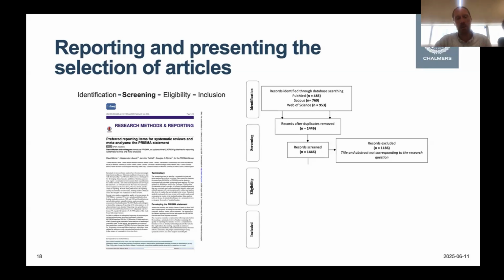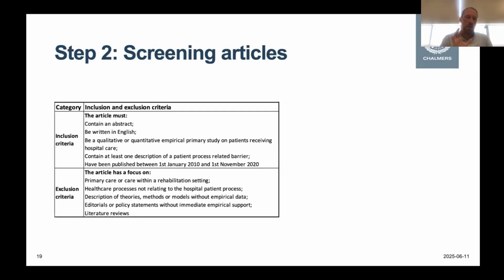Then we move into the screening part, where you at a very high level screen titles and abstracts to see if they are applicable to your study. Then you formulate inclusion and exclusion criteria. For example, in my case, the articles had to contain an abstract, they had to be written in English, they had to be a qualitative or quantitative empirical primary study on patients receiving hospital care and contain at least one description of a patient process-related barrier, and they had to be published between the 1st of January 2010 and